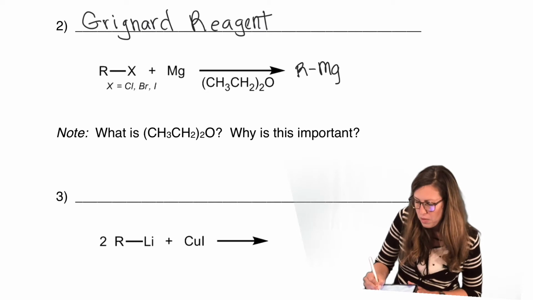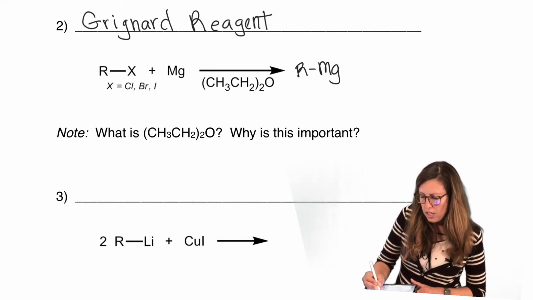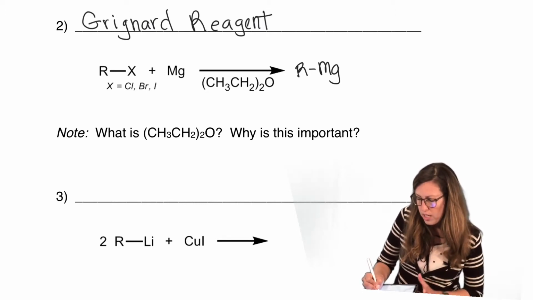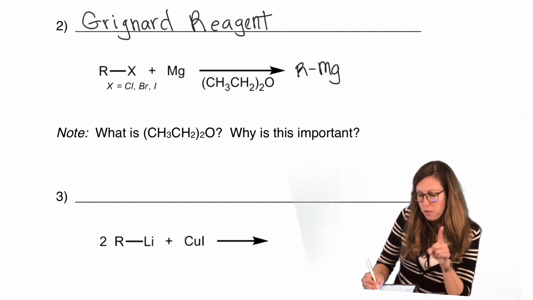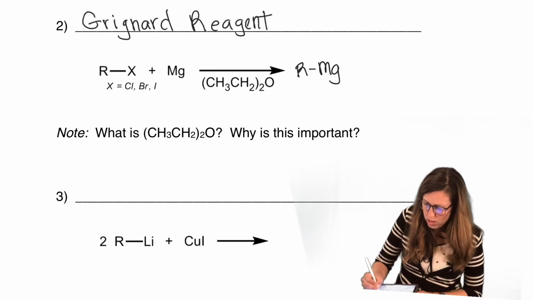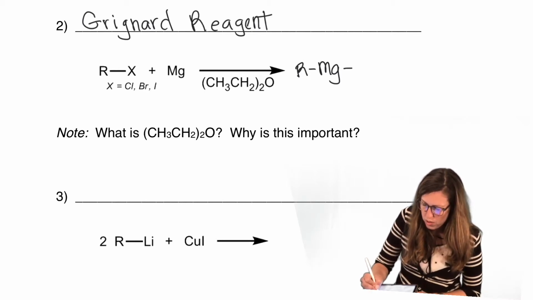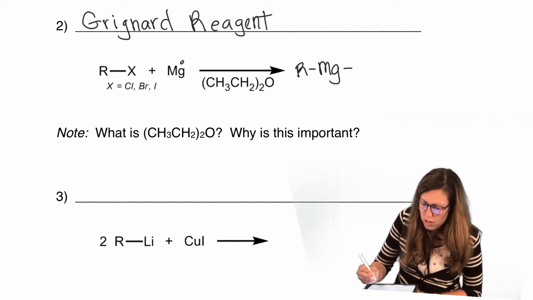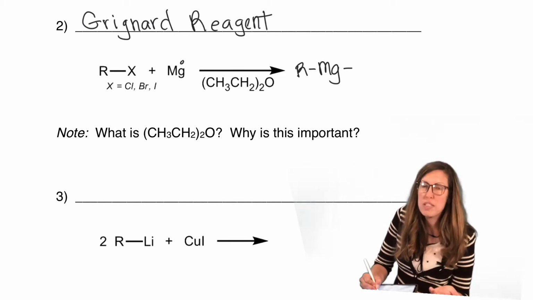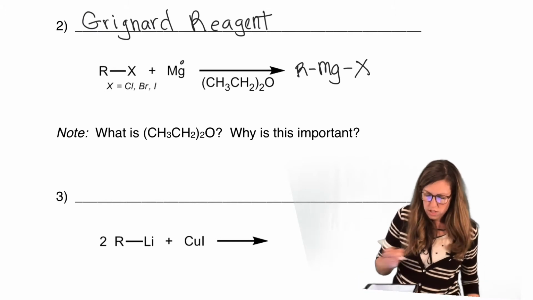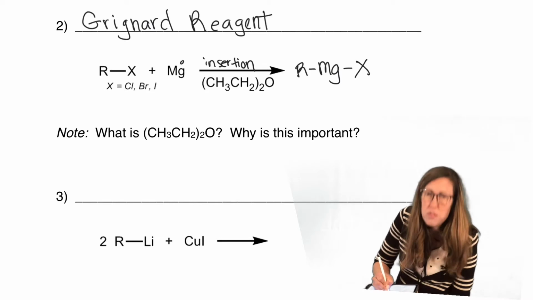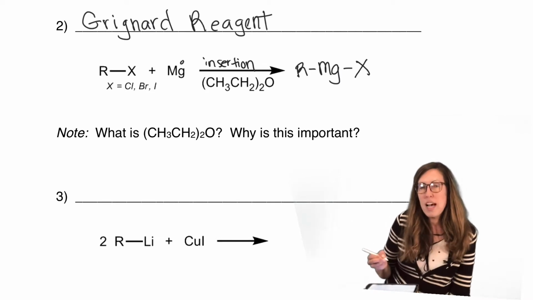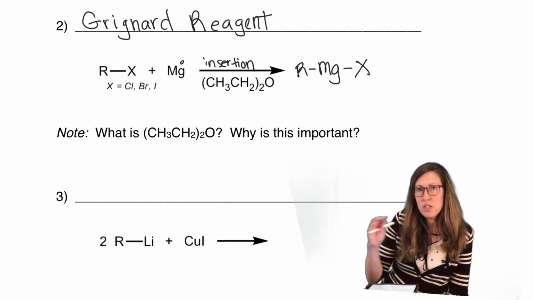So the magnesium doesn't displace the halogen, it inserts in between them because magnesium makes two bonds. Lithium only makes one. So magnesium needs to have another bond there. This is magnesium at 0 to start with, but it likes to be in the +2 oxidation state, so it inserts there. And so this is actually called insertion. That's the mechanistic step. There's no arrows for that step. So in those organometallic mechanisms, the arrows aren't actually drawn. The words are written to describe what happens.